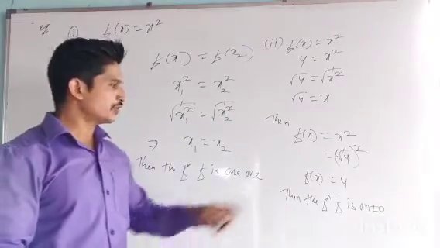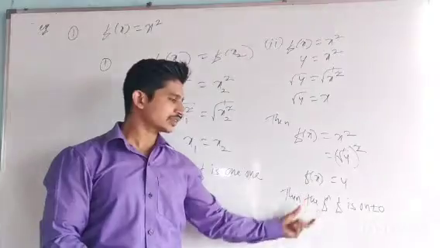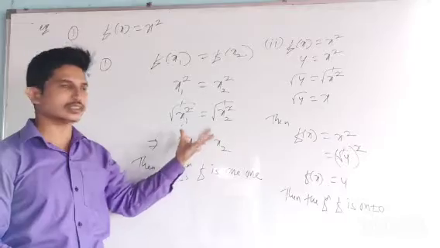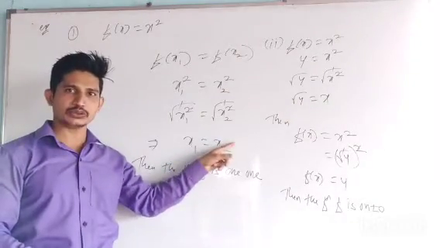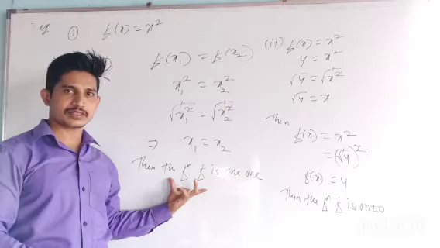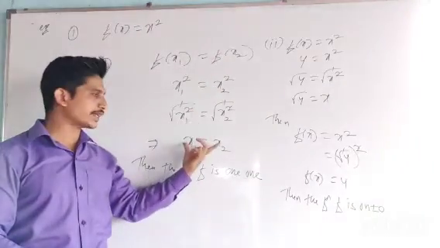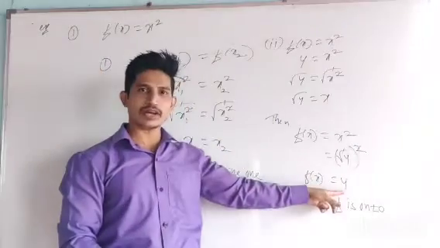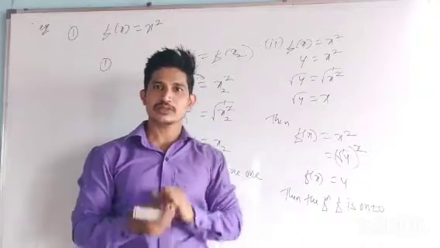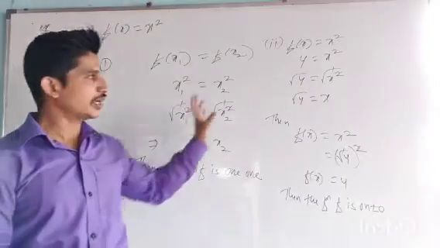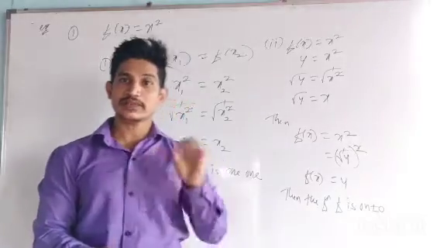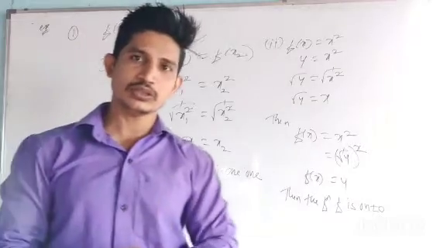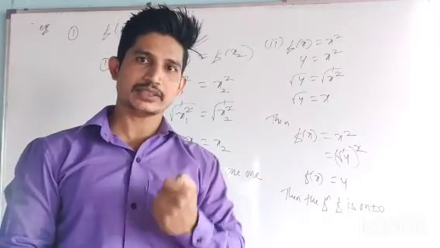Okay. So we got here f of x is equal to y, then the function is onto, and we got f of x1 is equal to f of x2, after solving this, we got x1 is equal to x2, then the function is one-one. So the function is one-one and also onto, then the function is called a bijective function. If the function is one-one and if the function is onto, then the function is called a bijective function. Okay.